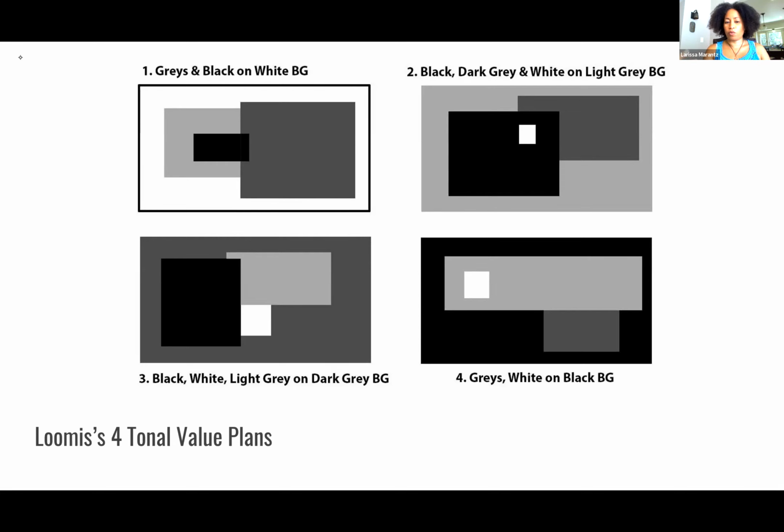One being with the white background, one with a light gray background, one with a dark gray background, and one with a black background. Now, you can probably think of what images or illustrations you might use for each of these tonal value depictions. Something where you're putting gray values on a white background might be something where you're doing an illustration of